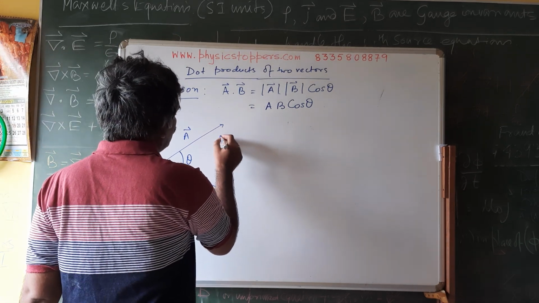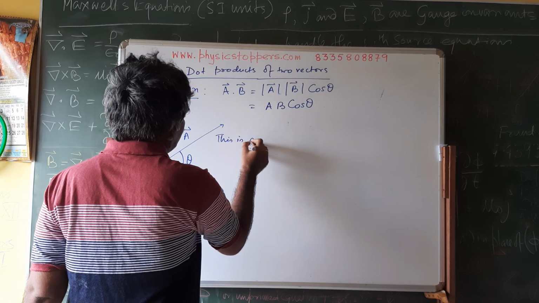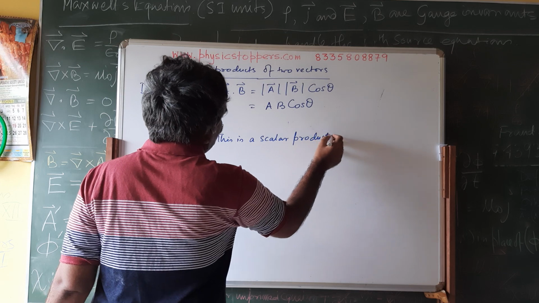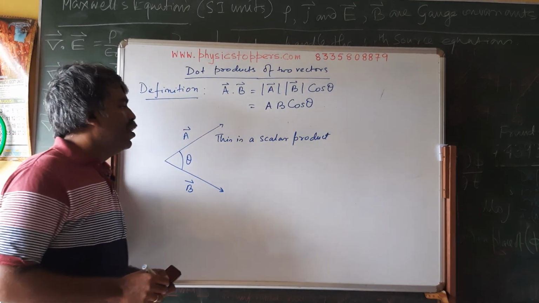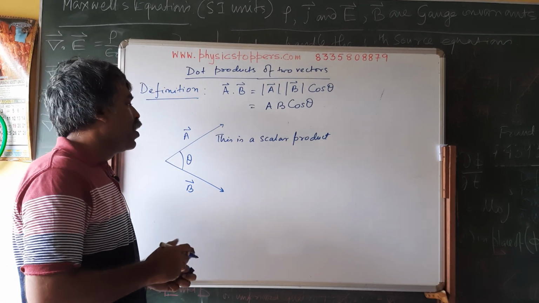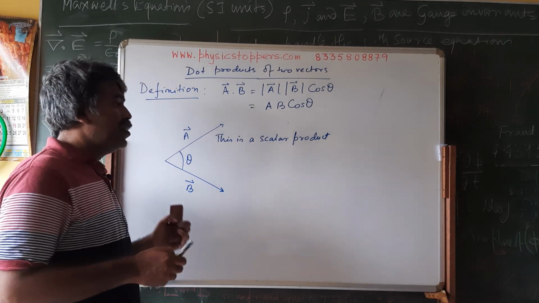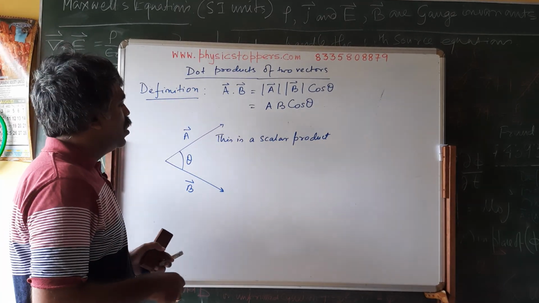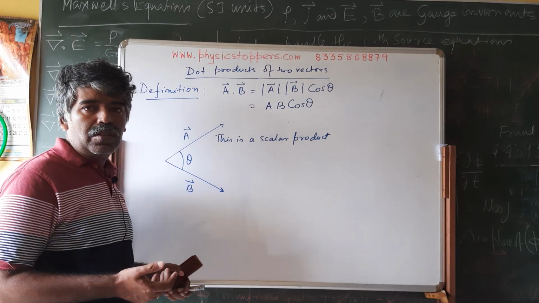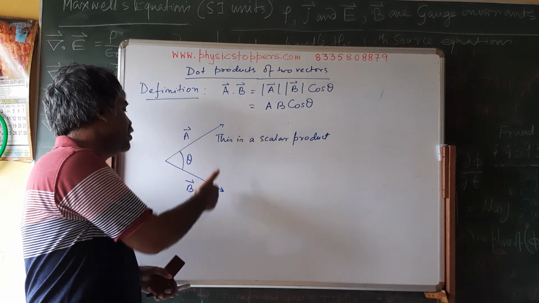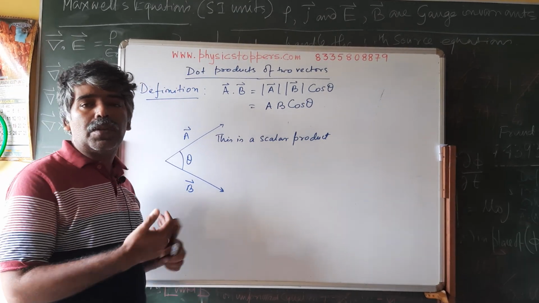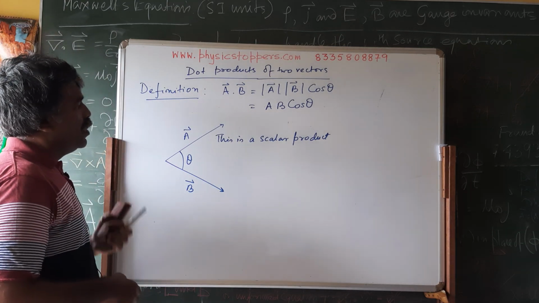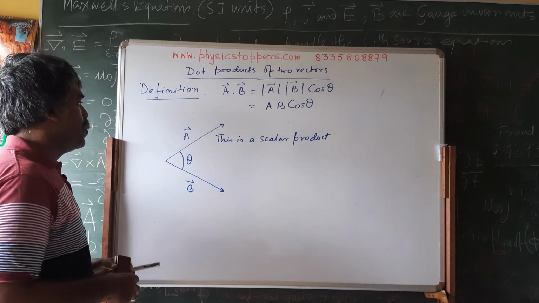Now this is a scalar product, as opposed to the cross product, which is a vector product. This is also called the inner product, but the vector product or cross product is called the outer product because the return value in the cross product is not in the plane of the board. If you have two vectors, A cross B is out of the plane of the board, and that is the reason why it is called an outer product. Here it is called a scalar product or an inner product.